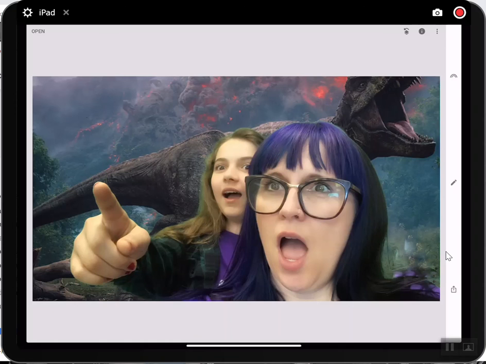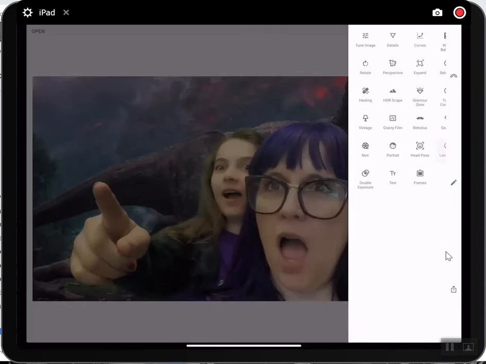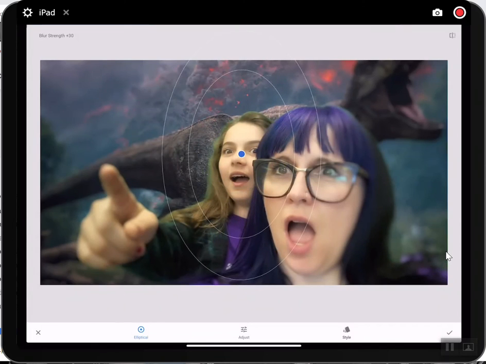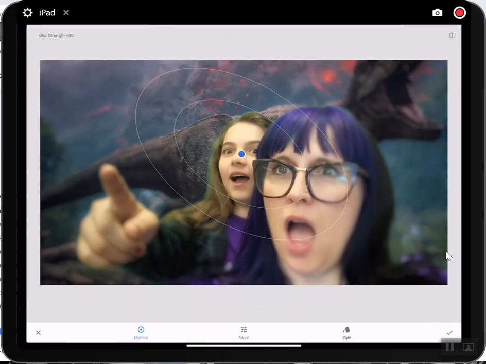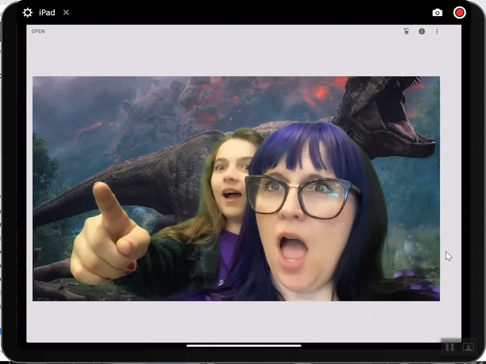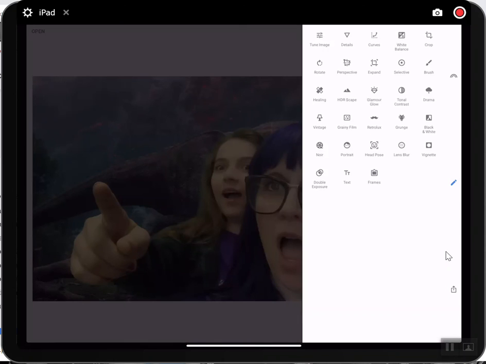I can also look at other types of tools. For example, maybe I wanted to do a lens blur so that just my foreground is what I want to focus on, and I want the background to be a little bit more blurred. I would be able to do something like that. Of course, I can have other little things, like maybe I want to add a vignette,